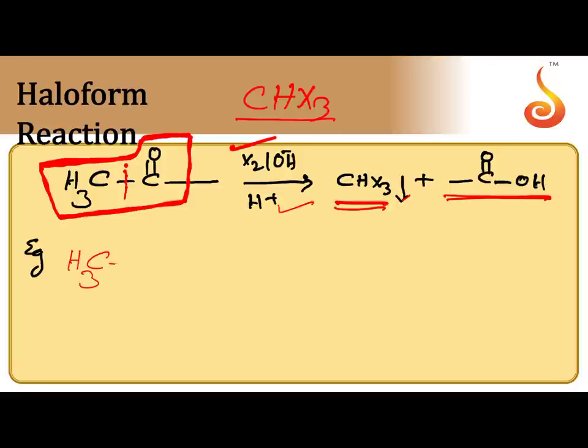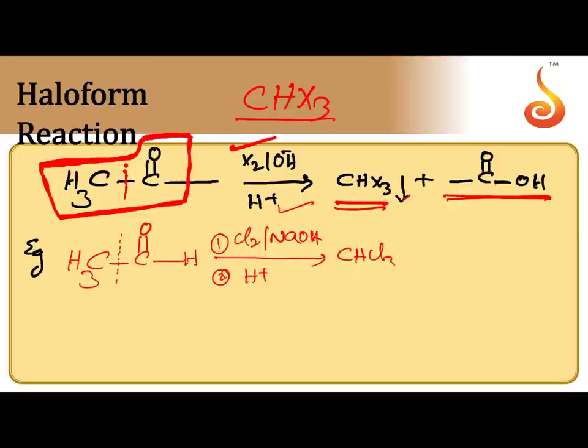Let us take few examples. CH3CHO, when it is reacted with chlorine in the presence of sodium hydroxide followed by acidification, what happens? You remove alpha CH3 in the form of CHCl3, chloroform is obtained. The other part is converted into acid, because second step acidification also we are using. HCO, to this HCO you add OH, you will get the answer.